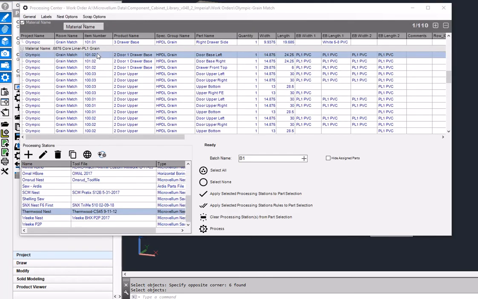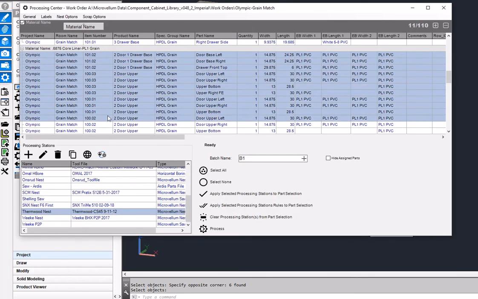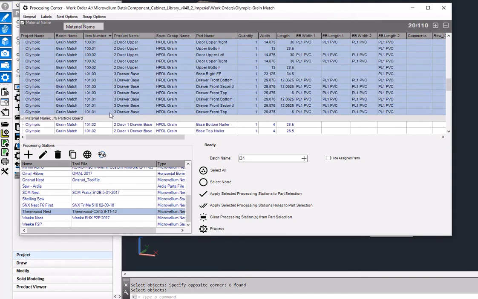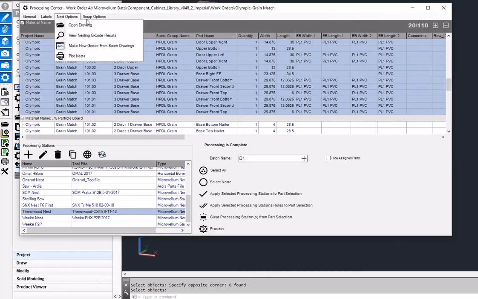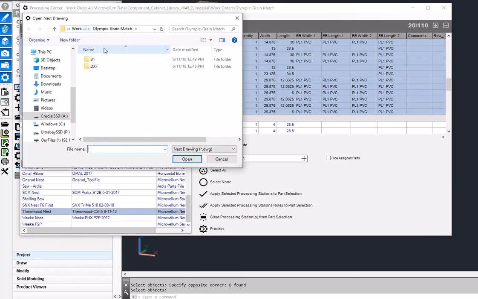So now in my processing center, here's all my parts. And so I'm just going to select on the door material here and assign those and process that. So now that my processing is complete, I can just open up the nest drawing to show you the result